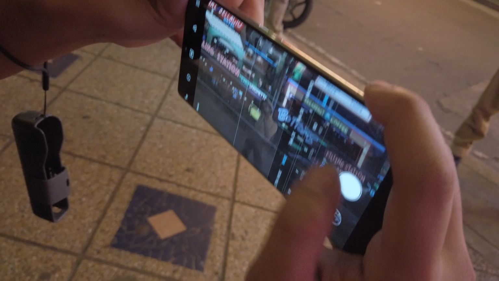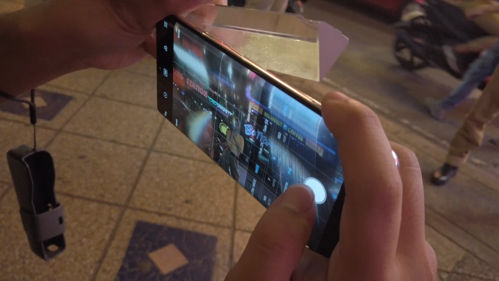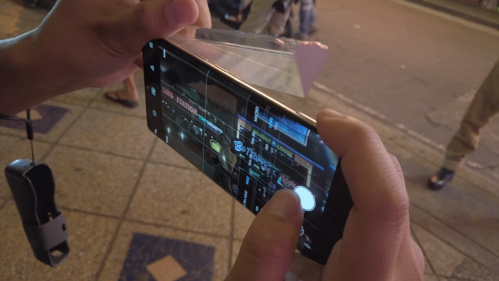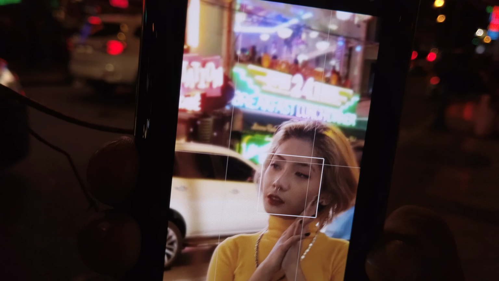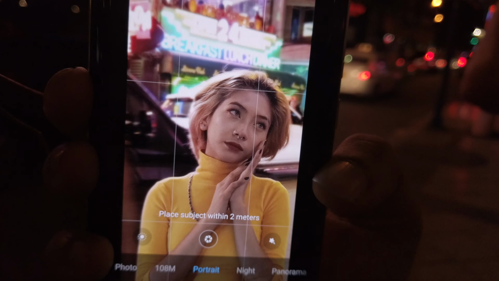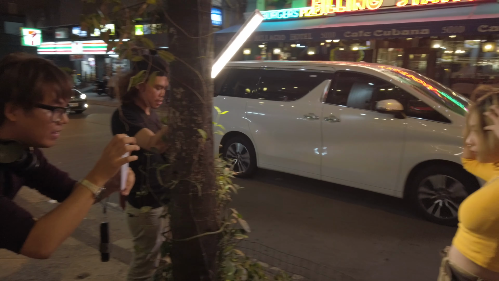Hi everyone, so today we're going to do a Lightroom Mobile editing tutorial using the Xiaomi Mi Note 10 108 megapixel shot that I did in Makati Poblacion recently with our model Nikki. So this is what we're going to edit today in Lightroom Mobile. This was highly requested by you guys, how I edit my photo, how I color grade them, and what application